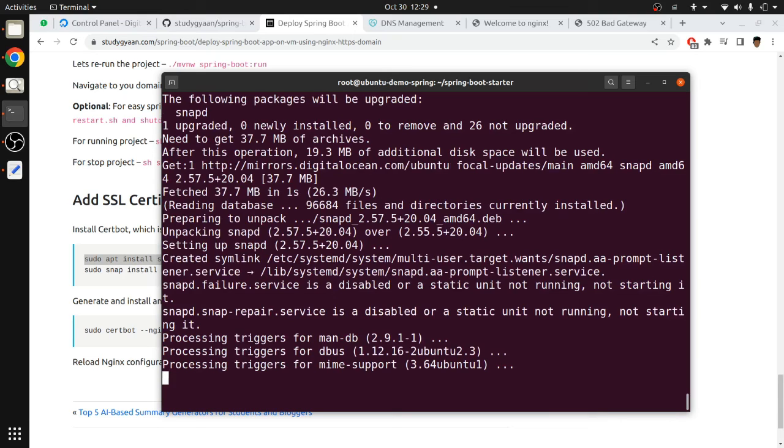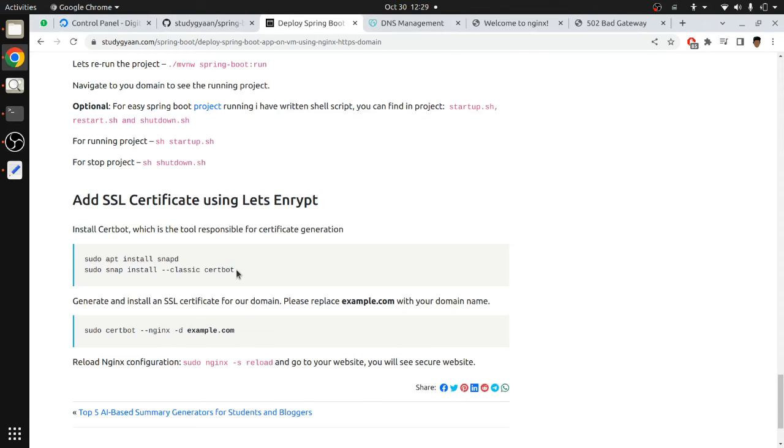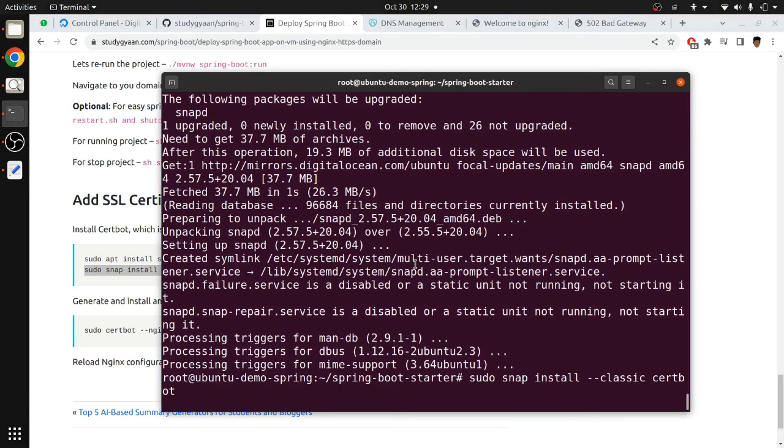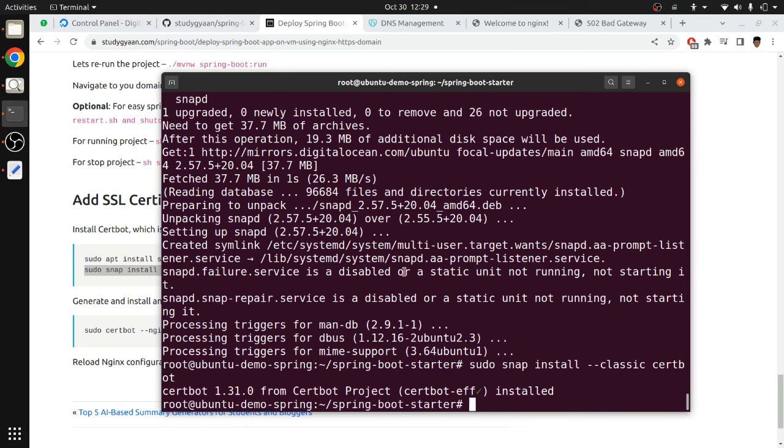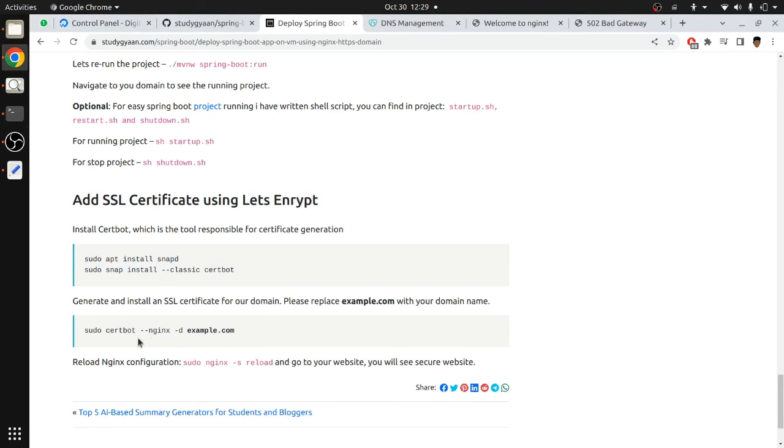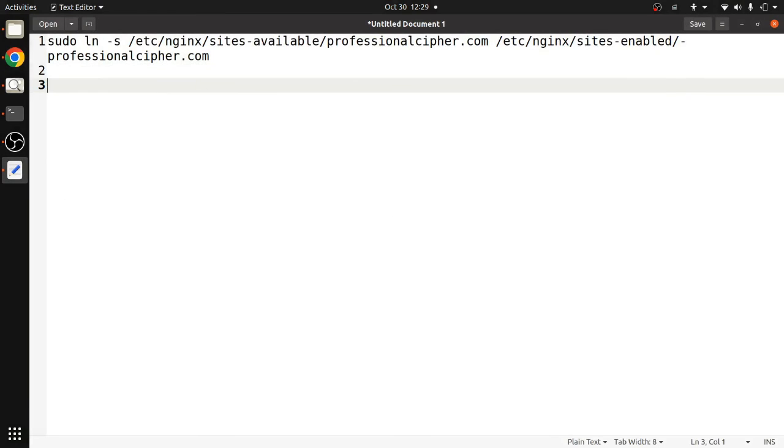After that, we need to install certbot. So copy this command, and with this command we will be installing certbot. Our certbot has been installed. Now we just need to copy this command, and paste the domain on which our project is running. This will create a